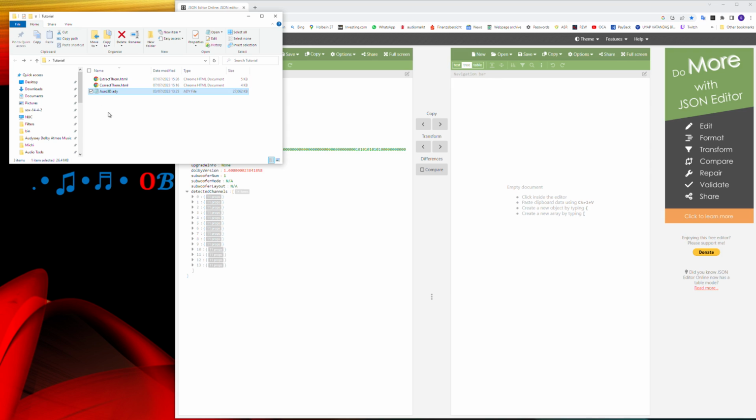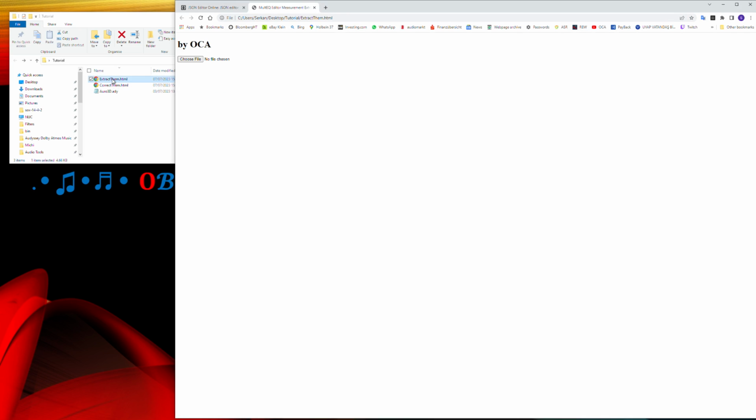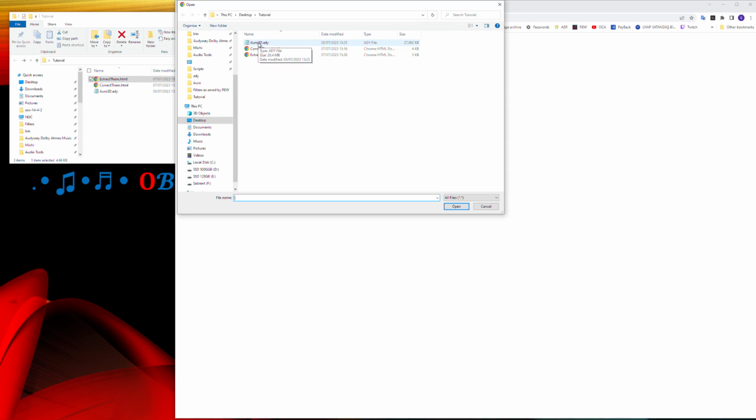They have almost no user interface thanks to my total of 5 hours HTML coding experience, but they will do the job. As you see in my PC, they are opened by Google Chrome as it is the default browser, but they will work just as fine in Safari or Firefox or whatever browser you're using. I believe even Linux users will be able to hack Odyssey calibration now. We need to double click and run Extract them first. Here it comes. Choose file, and you simply choose your original measurement transferred from your phone.